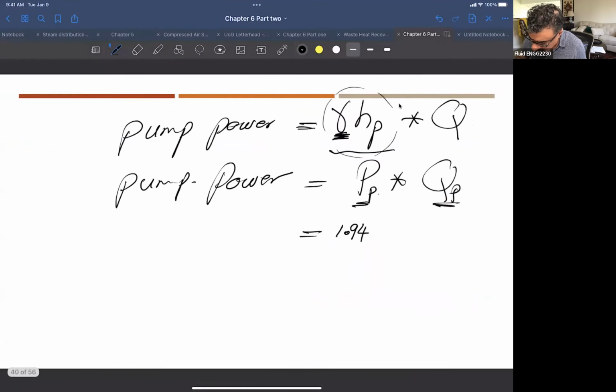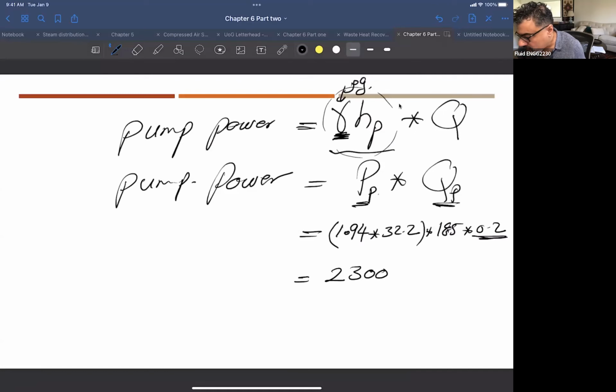So gamma will be rho G, so rho times G, 32.2. This will give you rho G, right? So times 185. This will give you pressure, times 0.2 feet cubed per second. This is the flow rate. So this will give you about